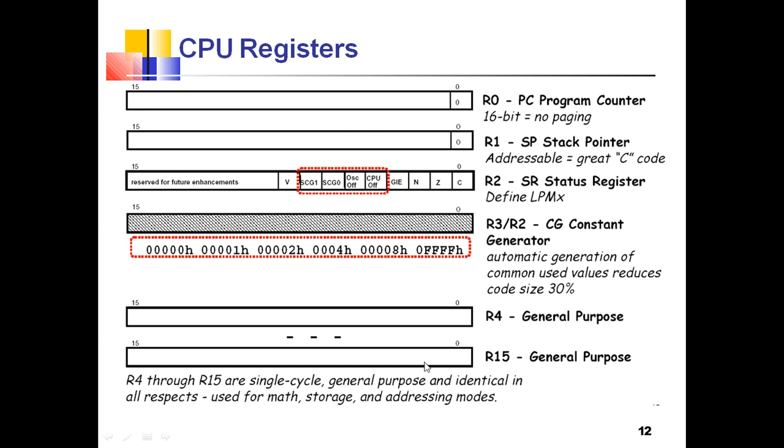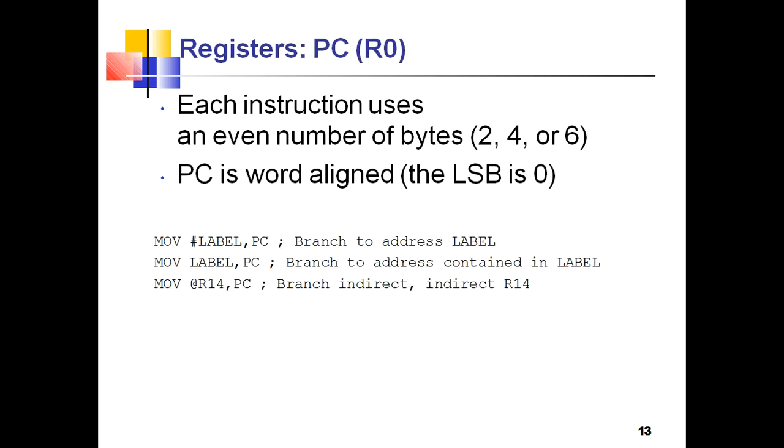Next, all the remaining registers are blank. Those registers are used for general purpose. Depending on the values you are going to store, that value is held in these 16-bit general purpose registers used for different arithmetic operations. Next, we will see the PC, that is the program counter register.